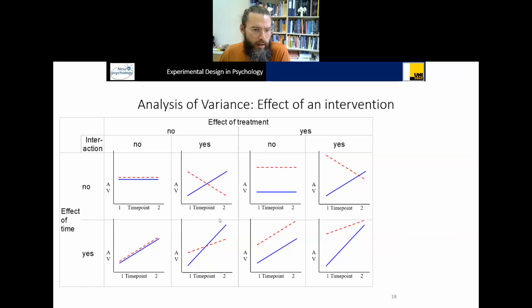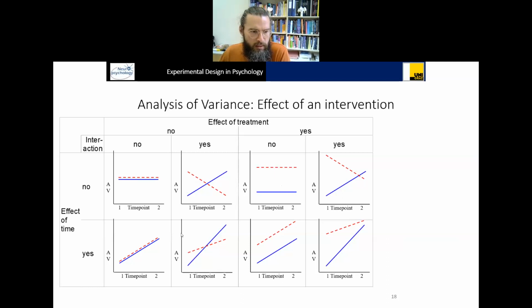Okay, but you also have here a significant interaction effect. Although none of the two main effects is significant. So this is a challenging